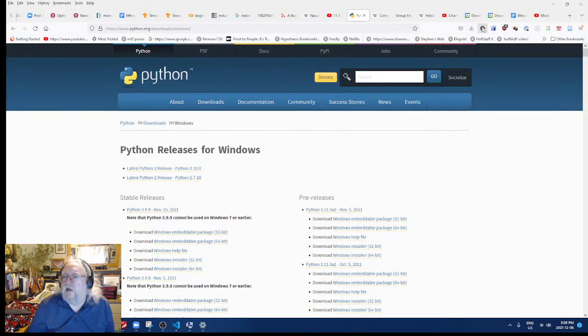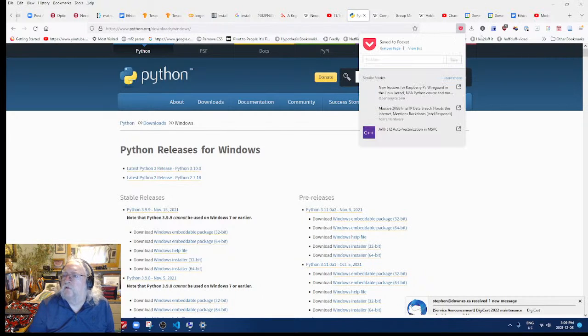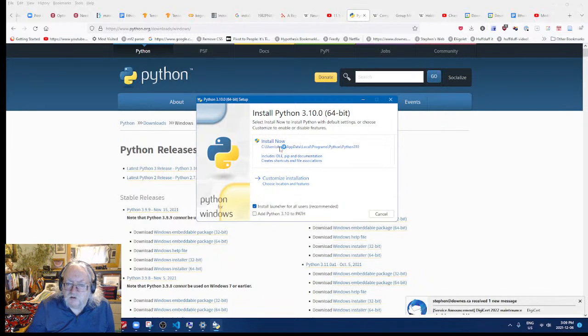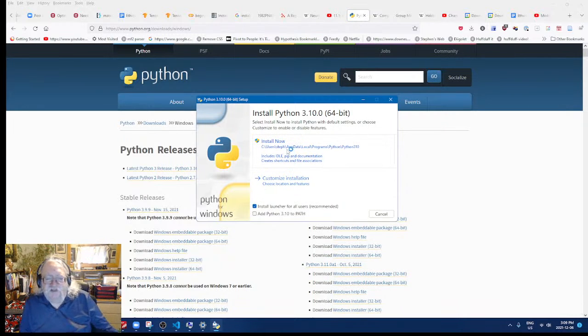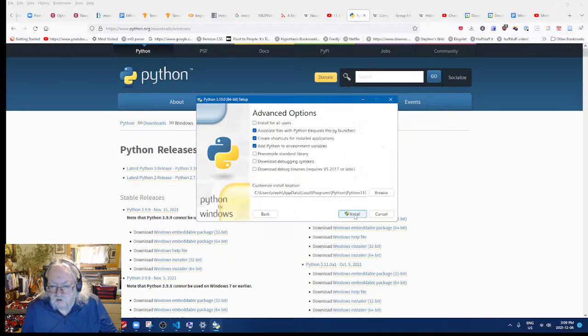Okay, let's try that again. No, stupid. Downloads. Alright, here we go again. Well, let's leave it in C. It loves stuff in C. Everything. Okay. Let's make sure. Okay. Py launcher for all users requires elevation. Okay. Install. Oh, here we go. I can change it. See, look at where it's going to install it.